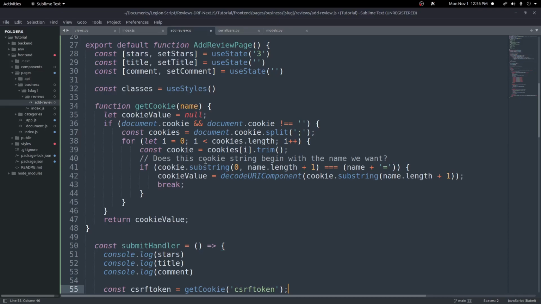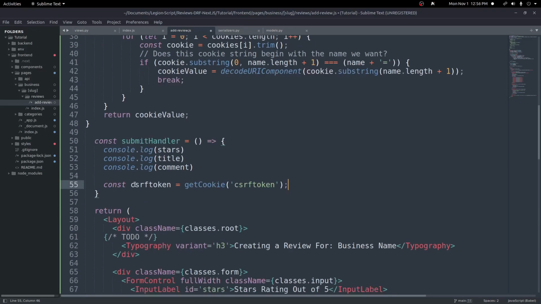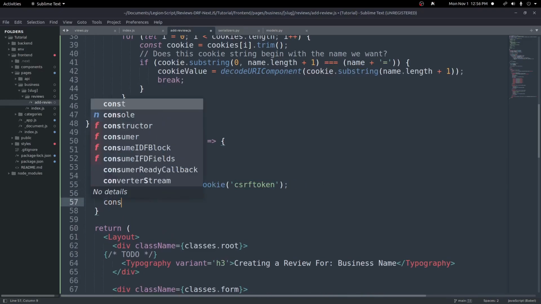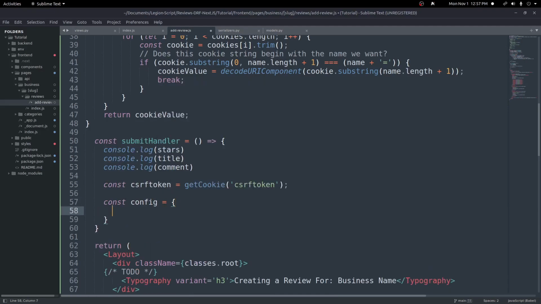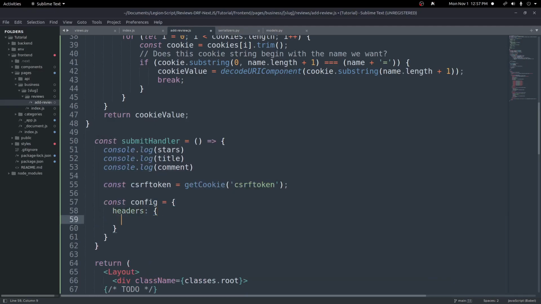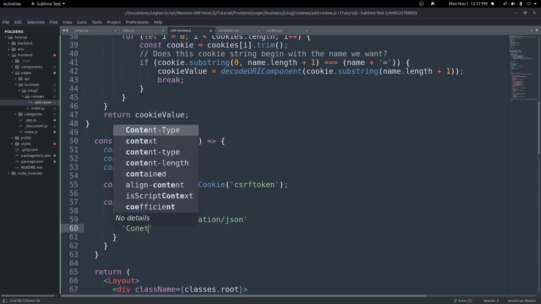So with Axios, you can pass in a config object and a headers object and pass in headers inside of there. And that's what we'll need to pass in the CSRF token and a few other headers as well. Let's go ahead and create that now. So I'll do a const config equals a JavaScript object, and we'll pass in a key of headers, and this will be another object. And first things first, you want to put Accept, application/json, since we're doing a post request and passing in a JSON body. And below that, we'll add a Content-Type as well of